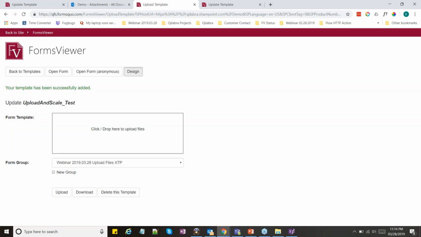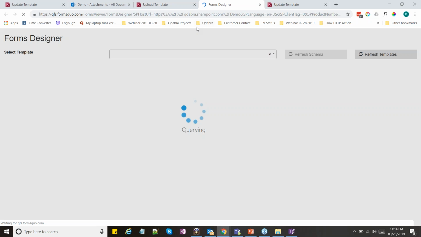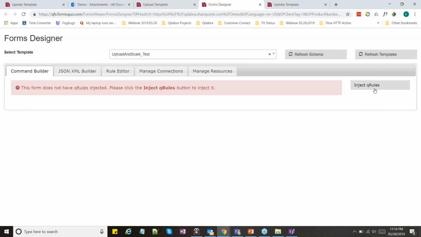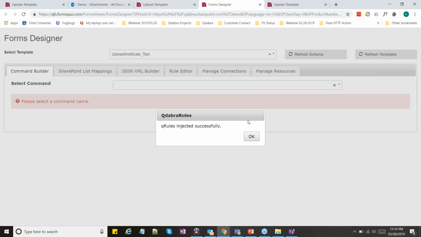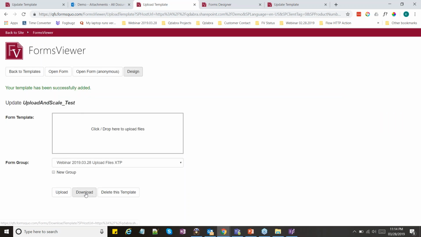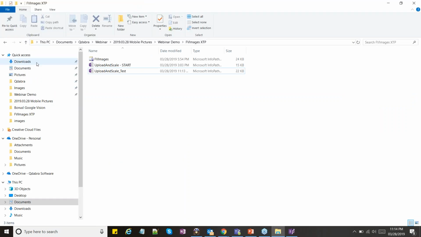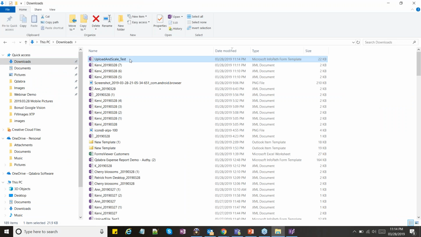In the design button, it will direct us to the Forms Designer, and this is where we're going to inject Q rules. There's a button here that says Inject Q rules. Once that's injected, a pop-up will show, and we can now download this form that is injected with Q rules. Let's just rename that